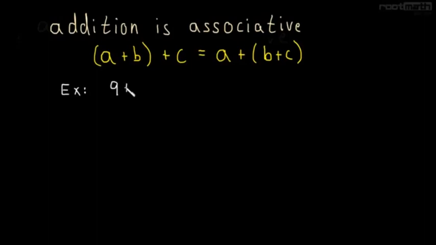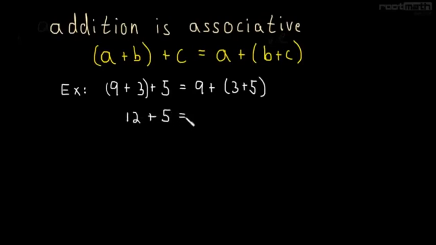So let's see an example. 9 plus 3 plus 5. And we'll do 9 plus 3 as a group. Well, this is equal to 9 plus the group 5 plus 3, or 3 plus 5. So 9 plus 3 is 12 plus 5, and then on the other side we're going to get 9 plus 8. 12 plus 5 is 17, 9 plus 8 is 17, and so we can see the associative property in action. Doesn't matter where we put the parentheses,